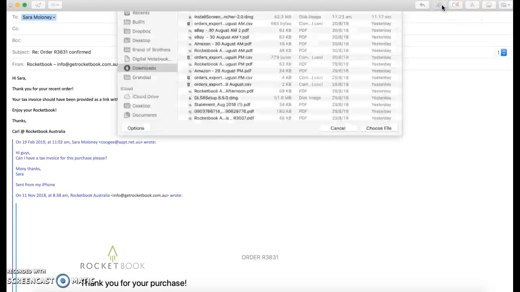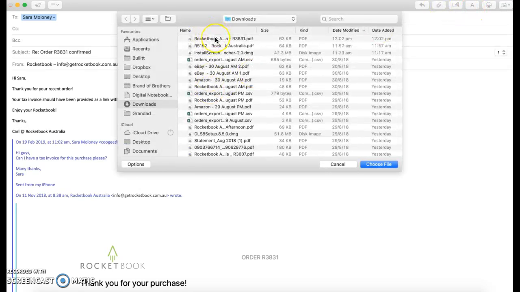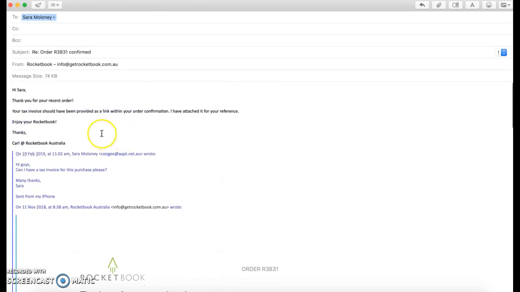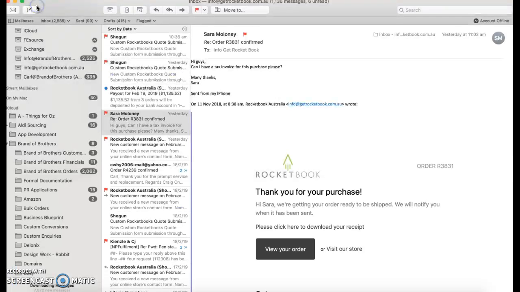Then I'm going to attach that. So that's in downloads, that's this one, R3831, R3831. And then we're just going to send that off to her. In the event that they don't reply to that one, and they've sent an email separately,